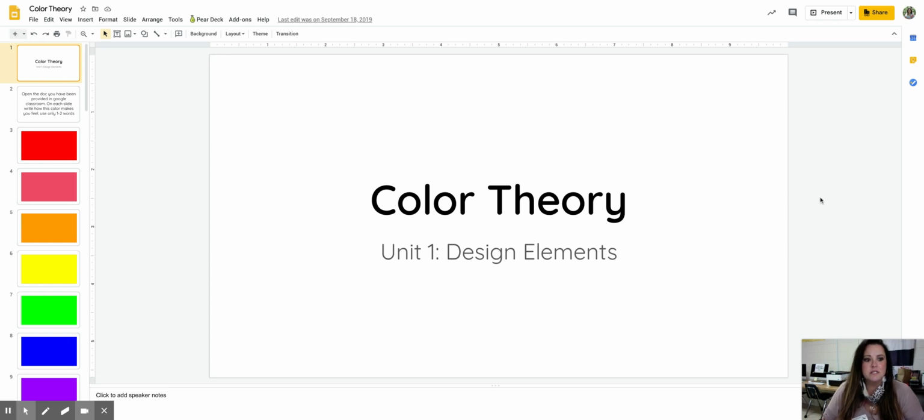Hey guys, so this is going to be on color theory and color mode. This is going to be pretty quick. We're going to skip the first portion of this color theory